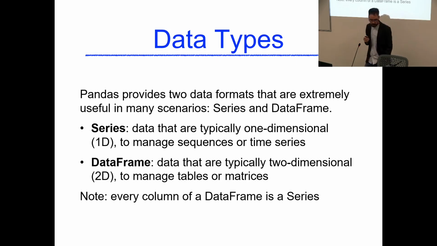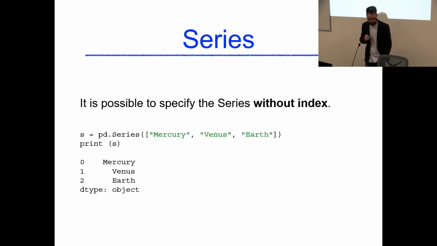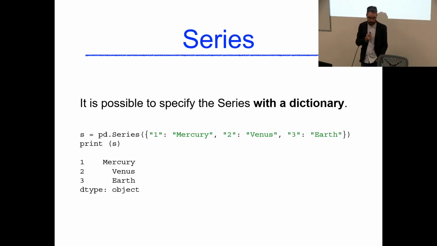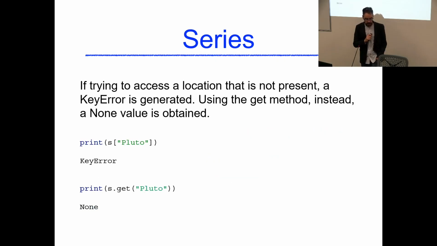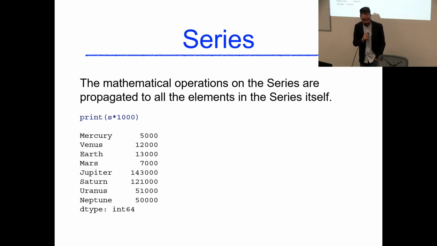And specifically in pandas, we started seeing one of the two main data types that pandas gives us, which is the series. We called it a one-dimensional data series, a one-dimensional data type that is composed of an index and the actual values. Some of the examples that we have seen in the Colab should be the same that you have on the slides. So we created a list of planets, then we manipulated the index and stuff like that. We can create series with lists, we can create series with arrays, dictionaries,